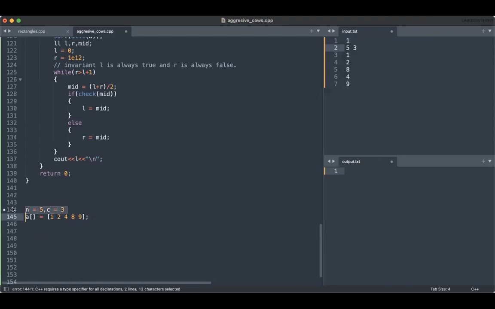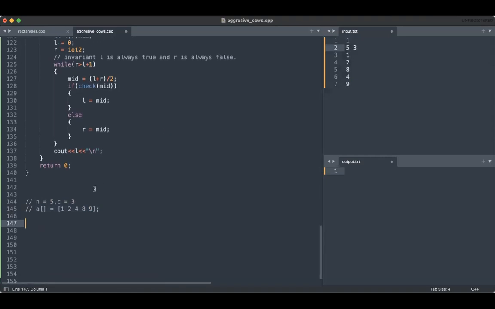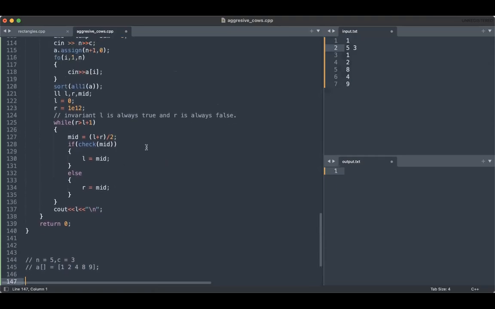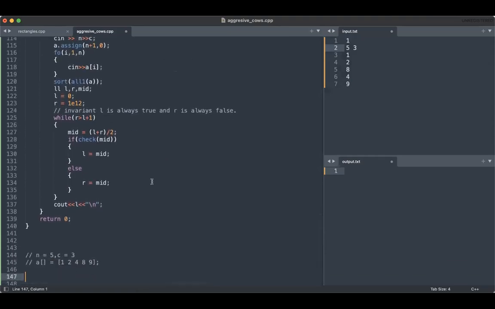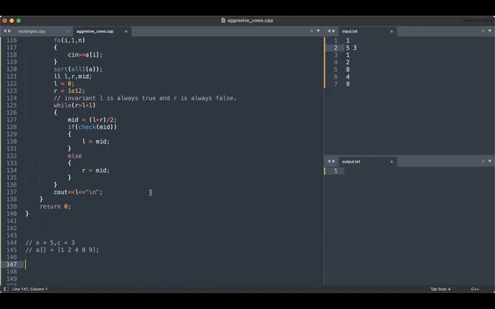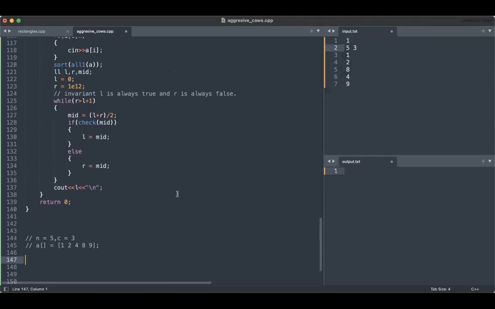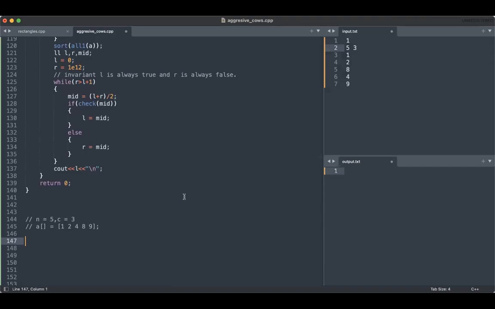And let's see what I'm trying to say here. So initially my L will be 0 and my R will be infinity. And f of L will obviously be true, but f of R will be false. So what I'm going to verify here is that if I take my D to be 2, then my answer will come as true. And if I take my D to be 4, then my answer will come as false. And if I take my D to be 3, then my answer will come as true. And that will just prove that 3 is the last true.